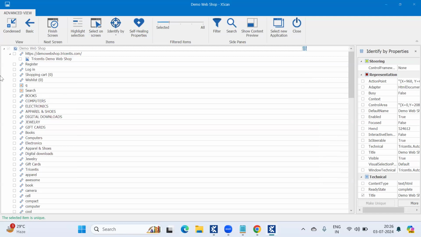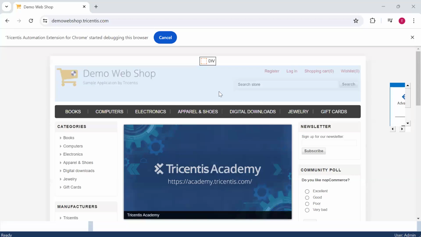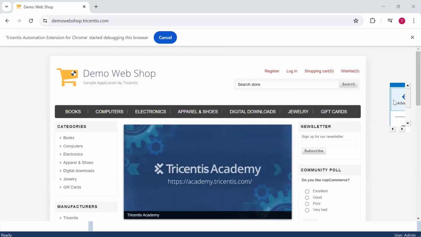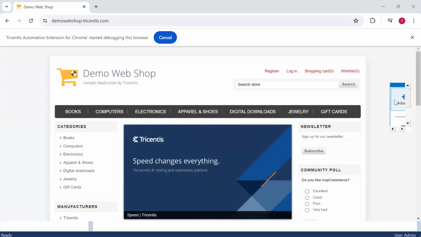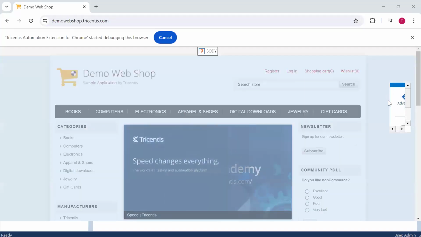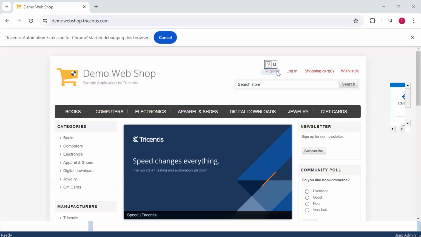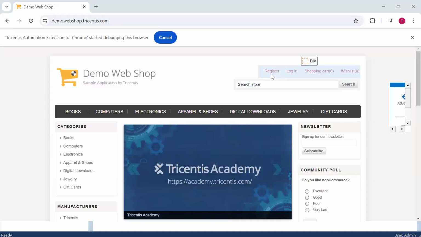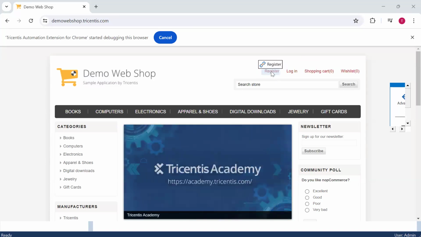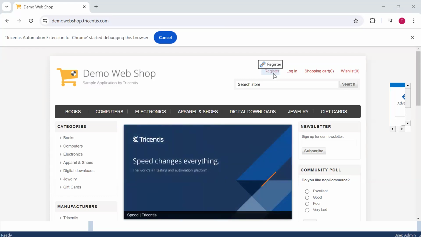First, we will go with the condensed view. If you click on this condensed view, can you see the XScan window become minimized? It becomes very small, because whenever you click on condensed view, the XScan window will be minimized, so that you can go and click on whatever properties or controls you require and select those controls. That is the main purpose of condensed view.